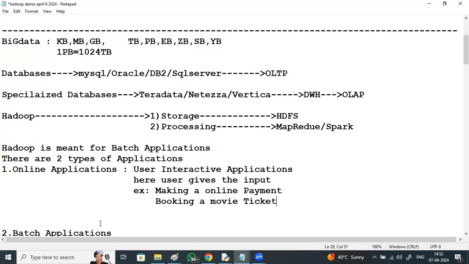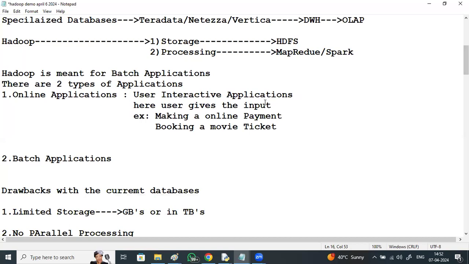The user has to give the input here. But batch applications, Hadoop applications, are user non-interactive applications.